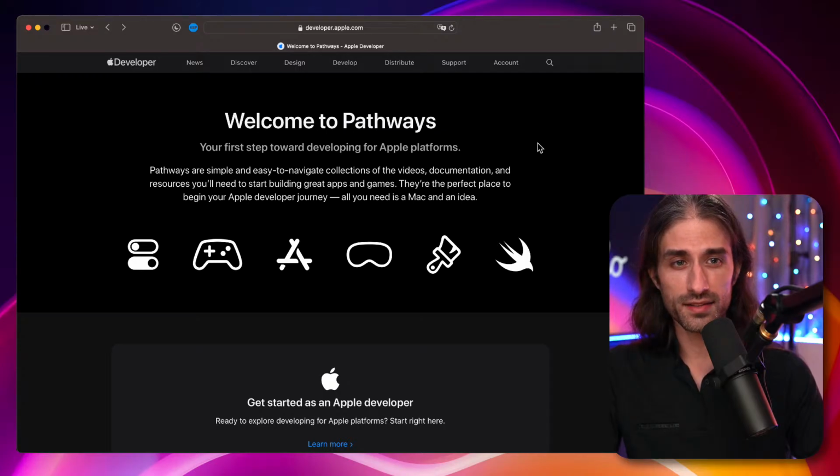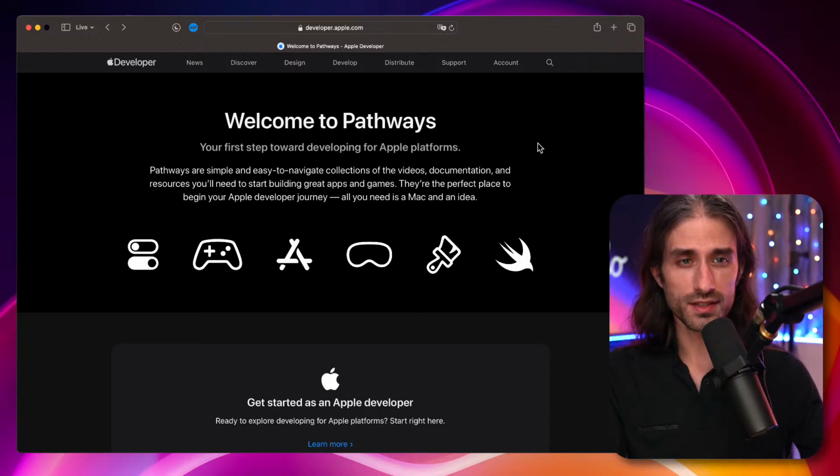And I did get the chance to attend a meeting with the developer relations team at Apple at WWDC, and they mentioned this new resource and they shared that their vision was for this resource to stay updated and to have it as the entry point for newcomers that want to learn iOS.